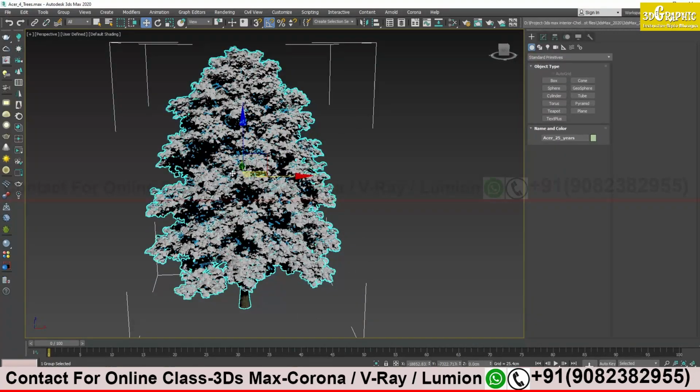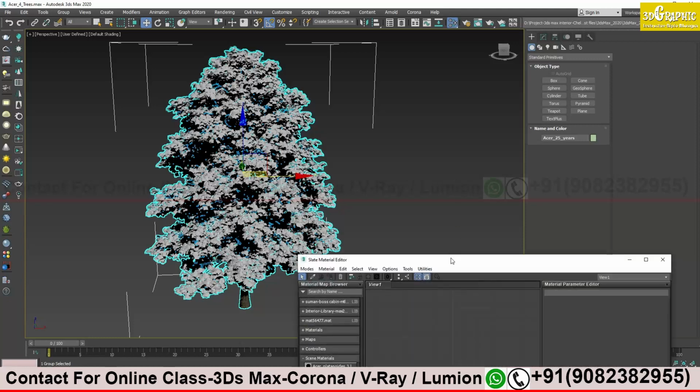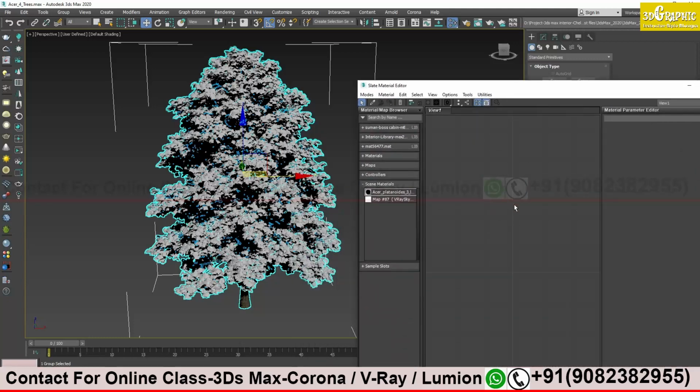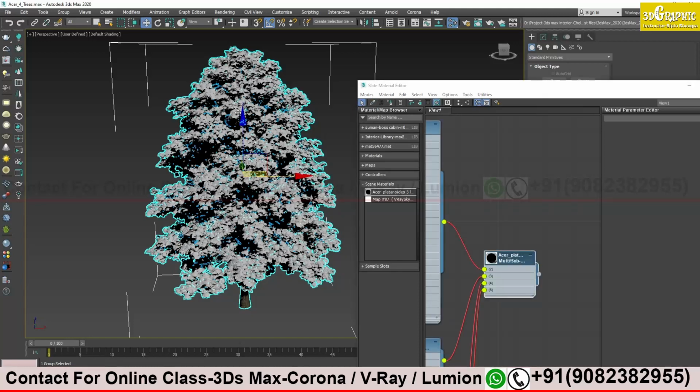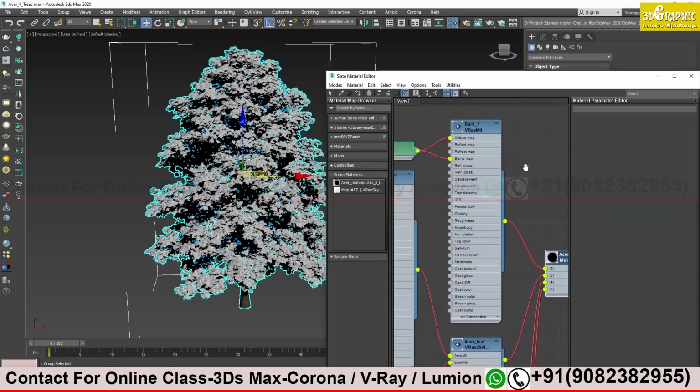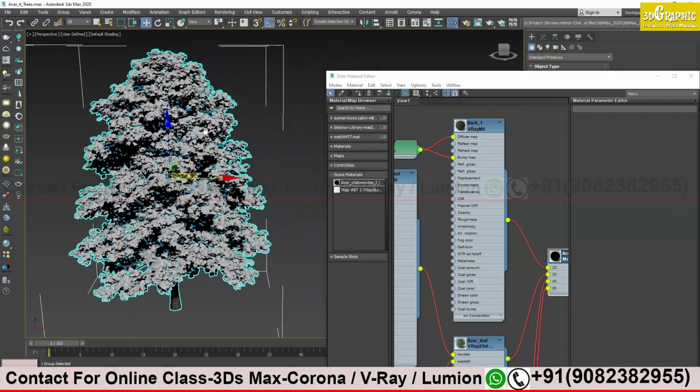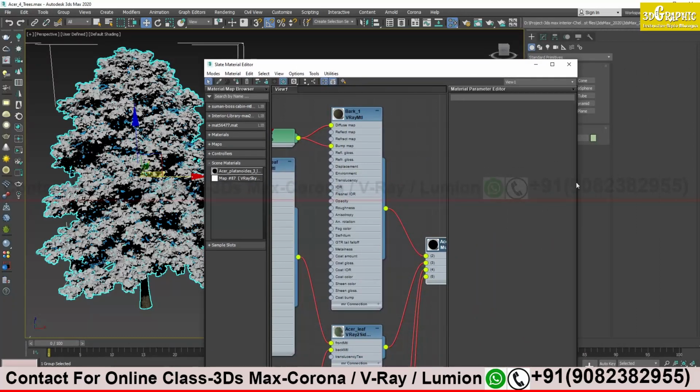Okay, so you want to see the textures, the material. To see that, go to the material editor. You have to open the material editor, and click on string. There is a blank space. Come to a blank space first, take this color picker and just click anywhere on the model.